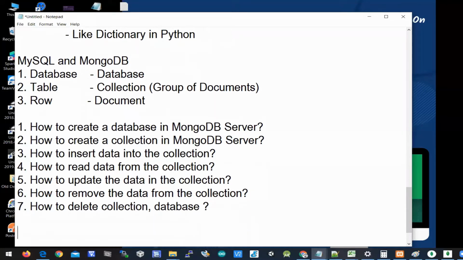All these 6-7 steps I'll show manually and also programmatically. Thereby you can use these concepts in your projects.